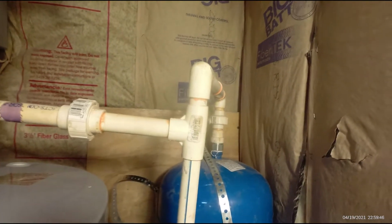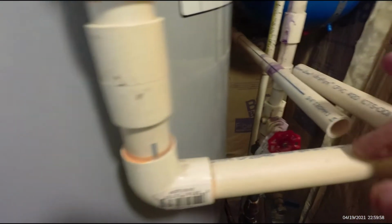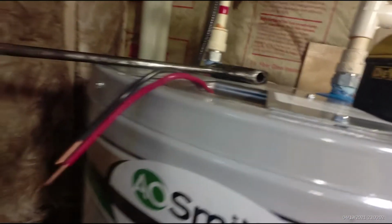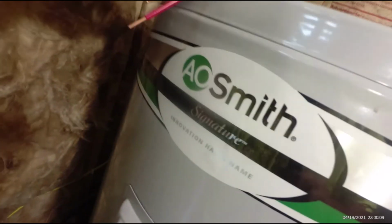Now we've got the kind of wonky plumbing fixed up, got it glued back. All I gotta do now is go out to the building. I gotta get some unions for this overflow, or this pop-off valve drain. I gotta glue this union and put another elbow in here. Then we're gonna move on to the electrical. And I should be able to use the existing cap. They look like they're similar,